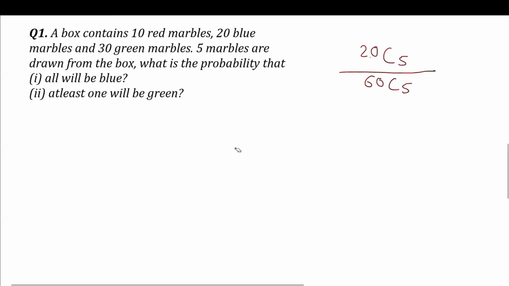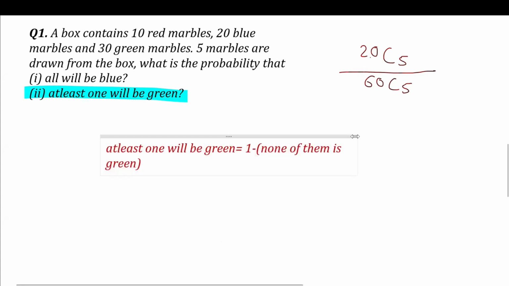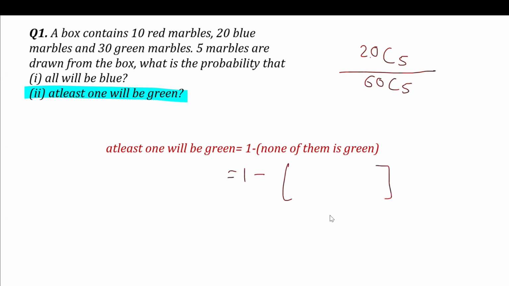Now, in the next part, the question here is at least one of them is green. So whenever it's a case of at least, what do we write? We write at least one of them is green is 1 minus none of them is green. So if I place 1 minus, what is the probability that none of them is green will be,